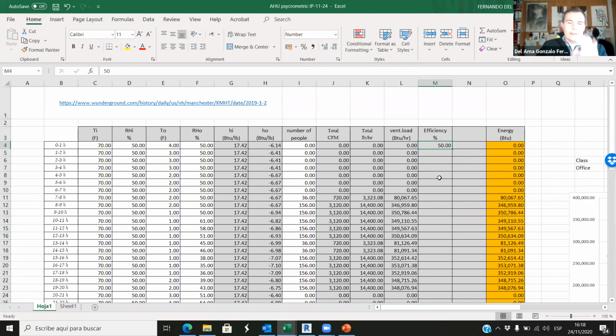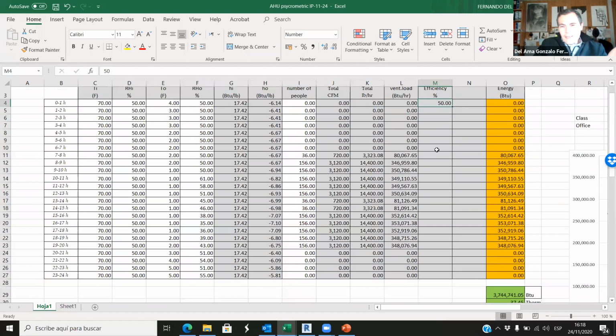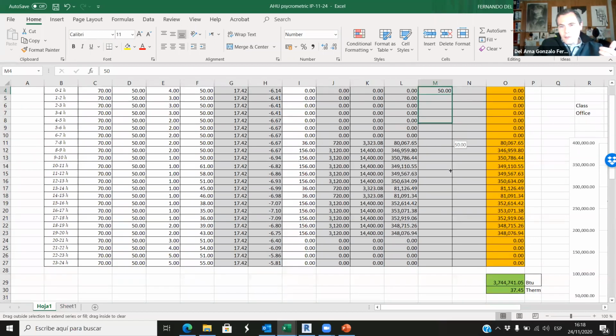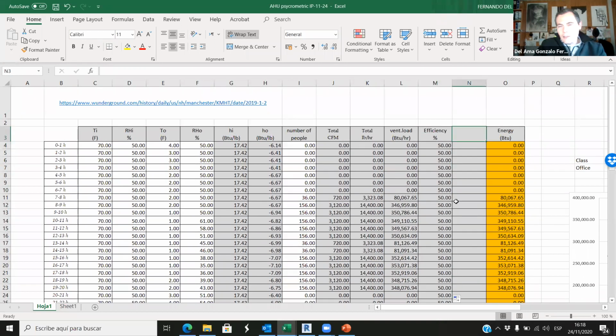The air handling unit specifies this efficiency. It's not that simple, it's not just 50 or 30. The efficiency of a heat recovery depends on the flow, depends on the outdoor and indoor conditions. But as an average, we can say that the efficiency is 50%. Okay, and now here the final